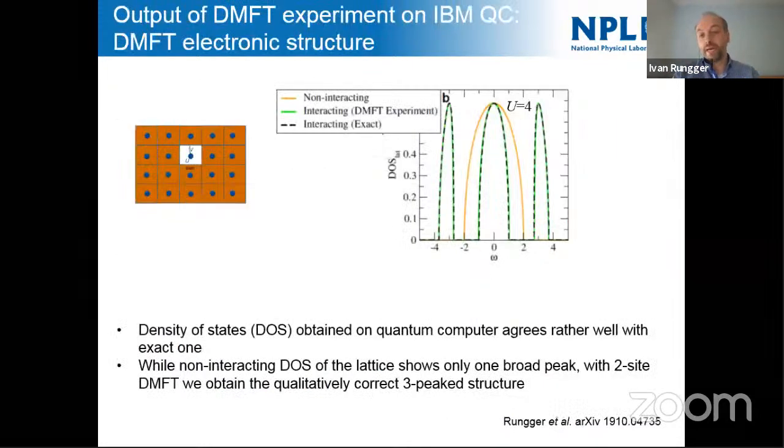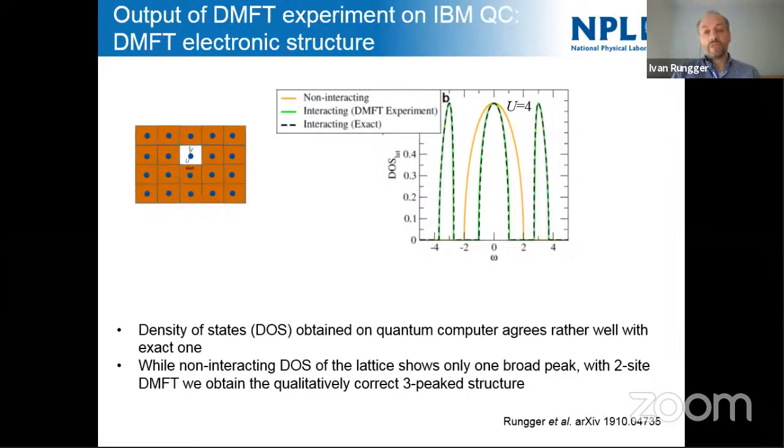And what we would then pass back, just to summarize, to an experimentalist, who doesn't really care about all these technical details, he just wants to see the density of states of the system, and that is shown here. The black curve is the exact solution. The green curve is obtained with IBM's machine, the curve I showed before. And at least on this scale, you cannot see the difference, right? They're basically identical. And this is really what we call a proof of concept that this algorithm works on actual quantum hardware with all the noise that we have to date.